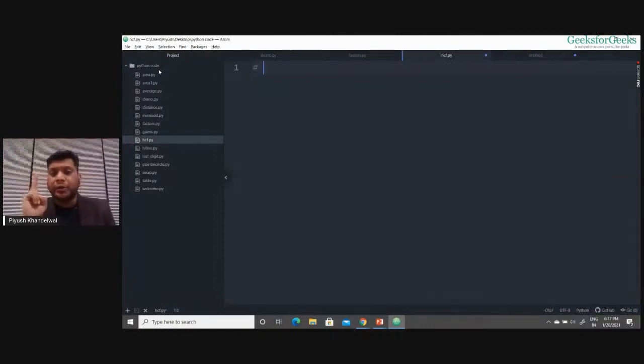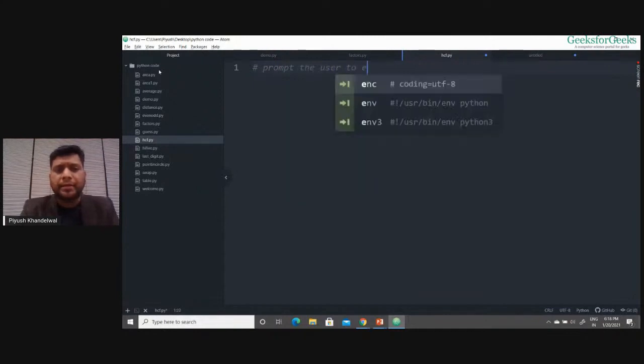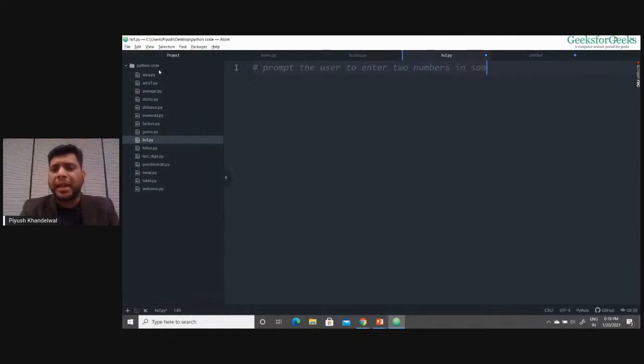What I need first of all is two numbers to find the HCF. So I'll prompt the user to enter two numbers in one line only, separated by a comma. This will be my first step.